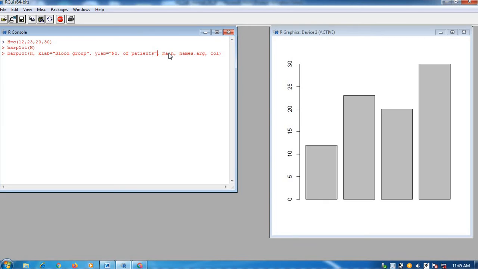Now in main, I want to give the name of this plot as bar chart of count of blood group, for example.